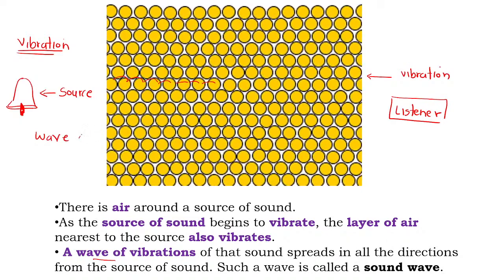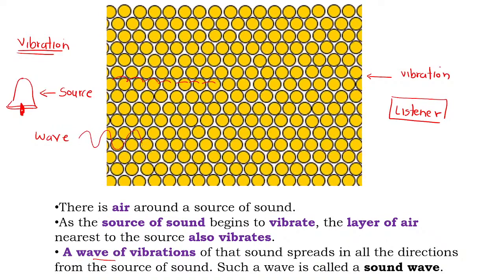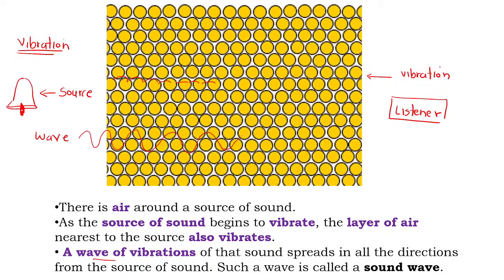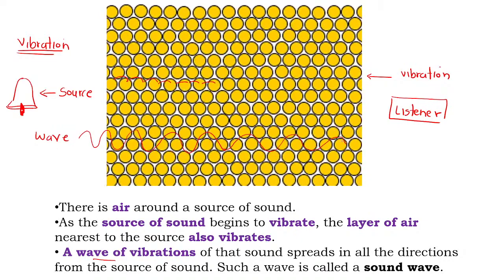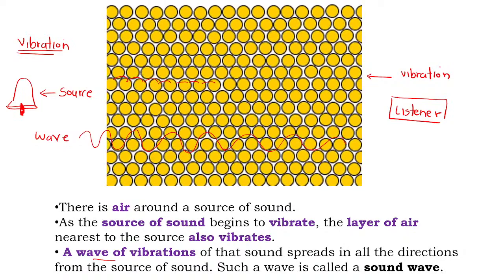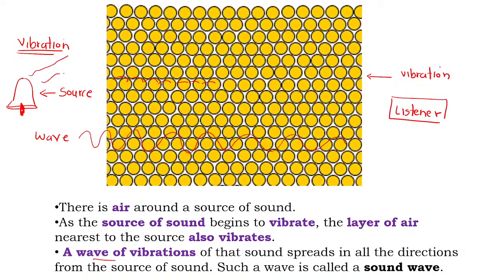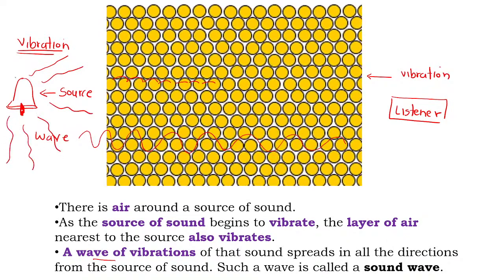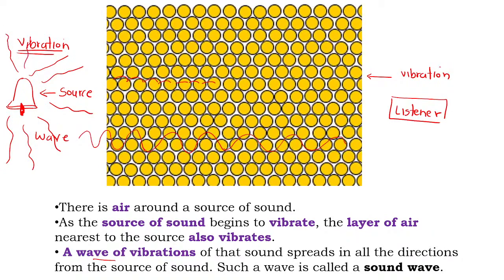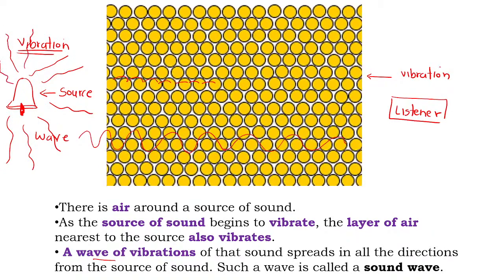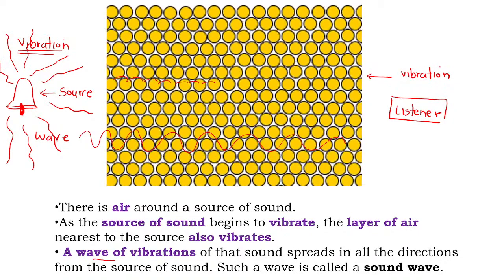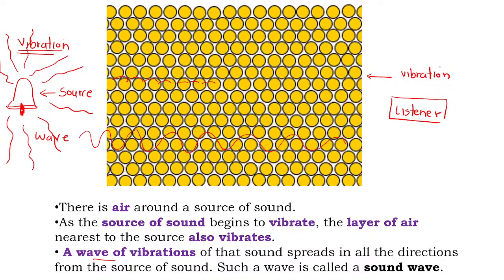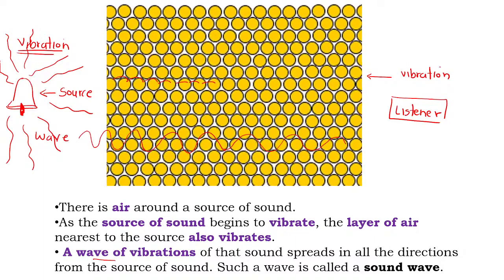So you know that water moves like this up and down. So the sound also moves, the vibration that is being produced by the source moves like this from one place to another in form of waves, and it spreads in all directions, not only one direction. Therefore when the bell is being struck, you know that you can hear the sound of the bell up to certain distance. Yes or no? That is because the sound is traveling from that source to the listener's ear in form of wave, and because of that we are able to hear that sound.